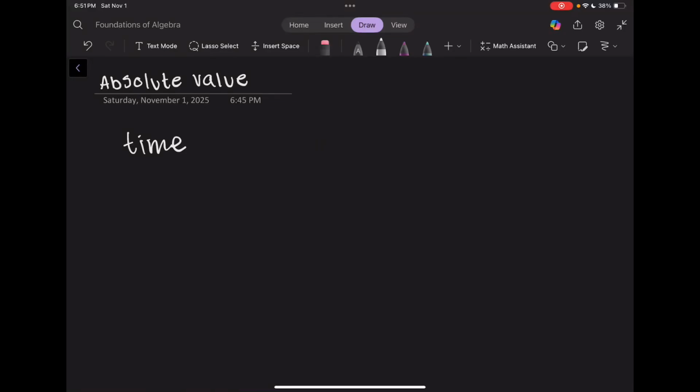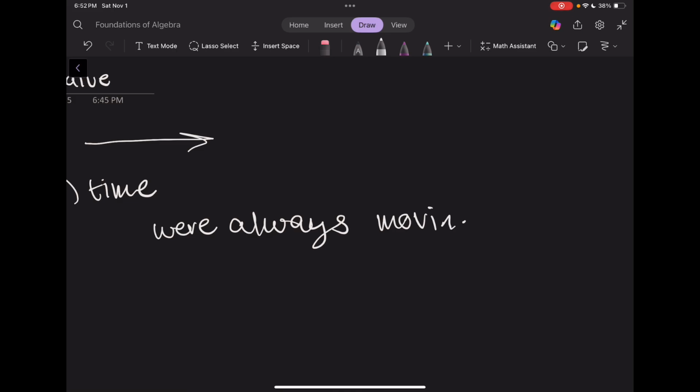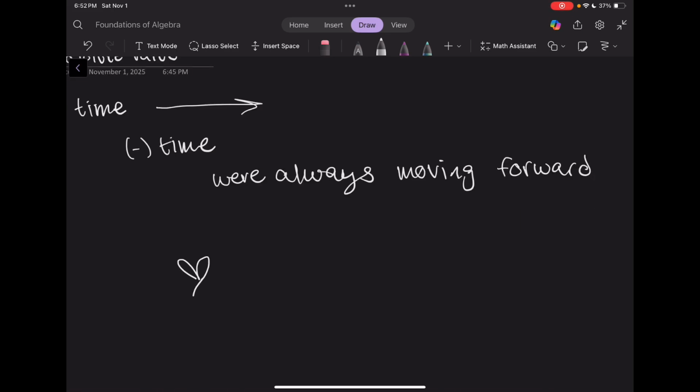Time is always moving forward. We're always moving forward. Similarly,